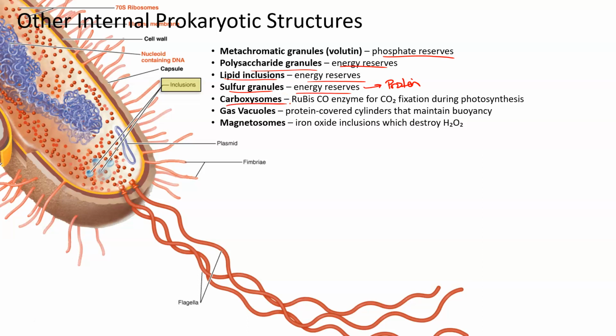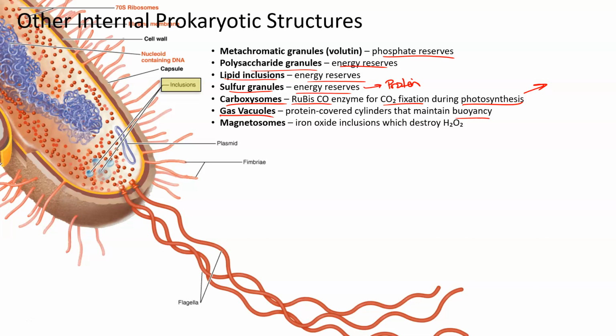Carboxysomes, that is your Rubisco enzyme for CO2 fixation during photosynthesis, only in bacteria that can photosynthesize. You have gas vacuoles, which are protein-covered cylinders that maintain buoyancy. It's kind of analogous to the swim bladder of a fish. It gives them buoyancy in the water, because prokaryotes live in aqueous solutions,